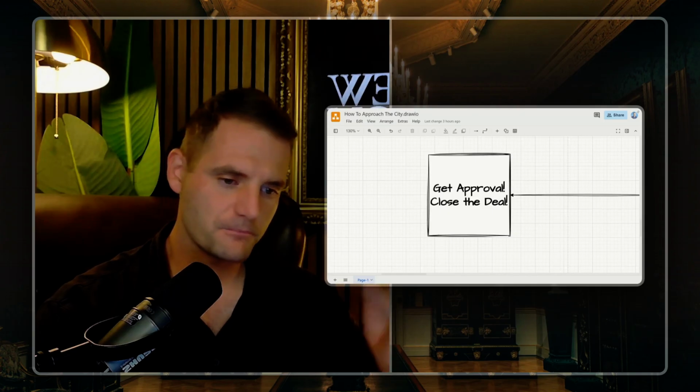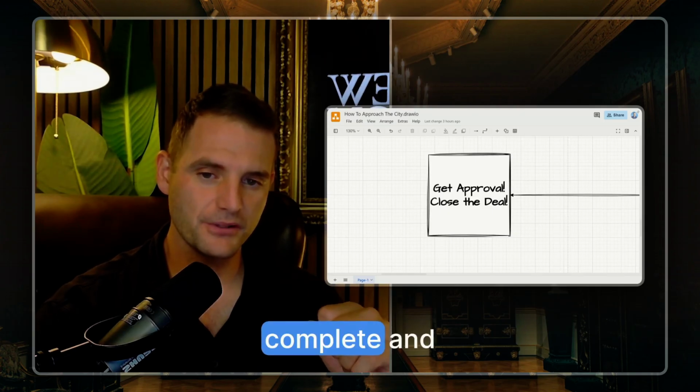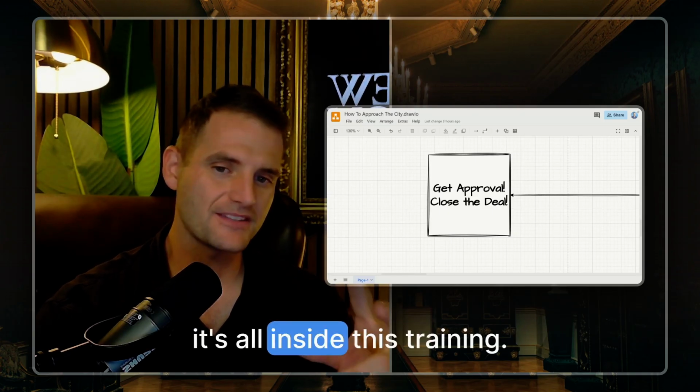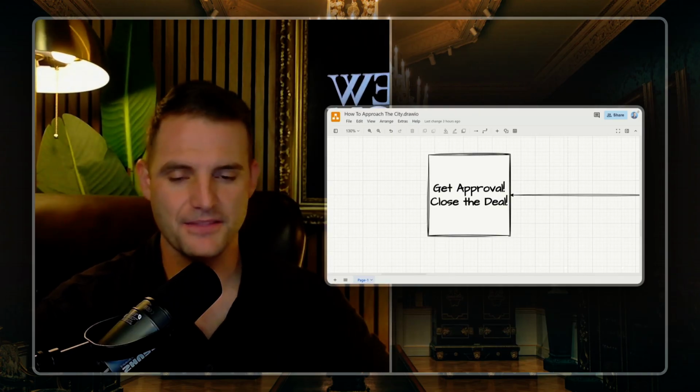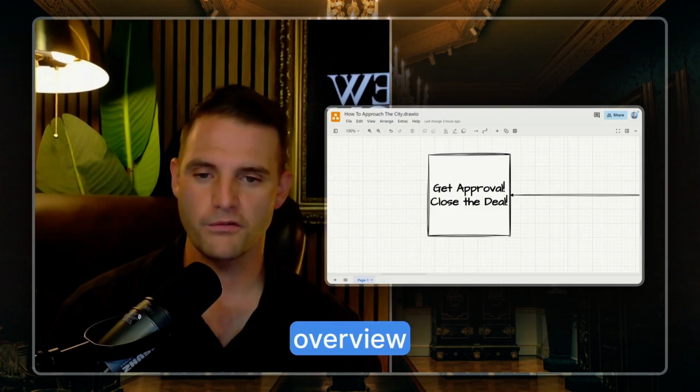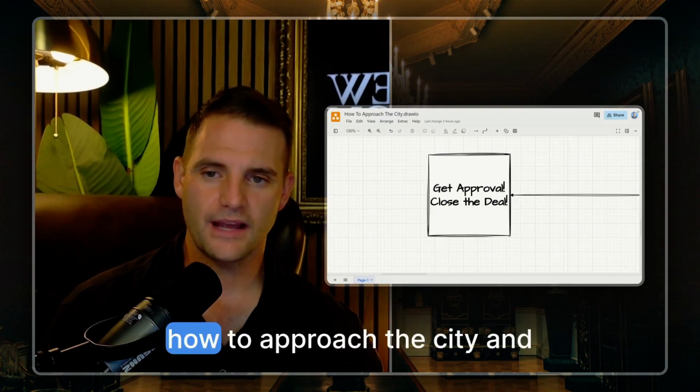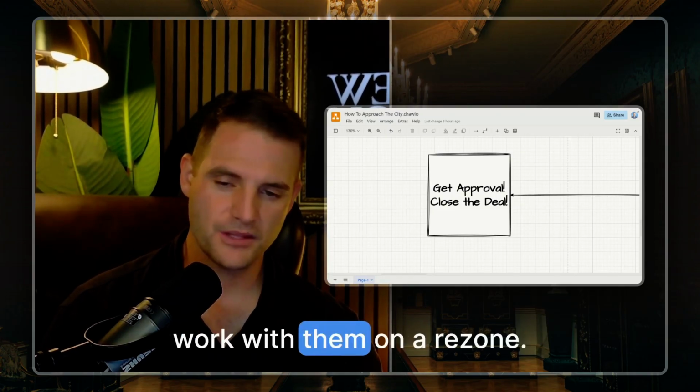But overall, you got most of this complete, and it's all inside this training, this very high, 10,000 foot vertical overview of how to approach the city and work with them on a rezone.